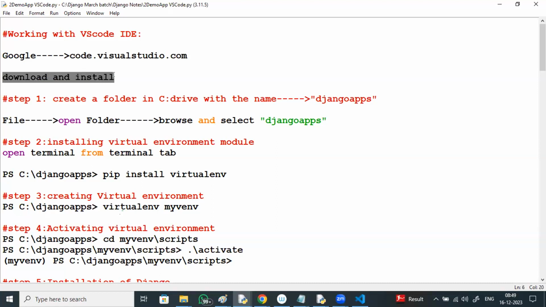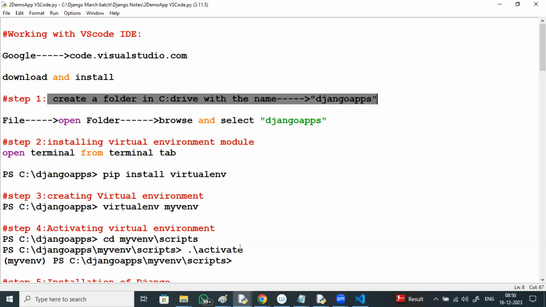Download and install. I said I'll be showing you nearly 15 to 20 application creations here in Django. Step one, create a folder in the C drive with the name Django apps.